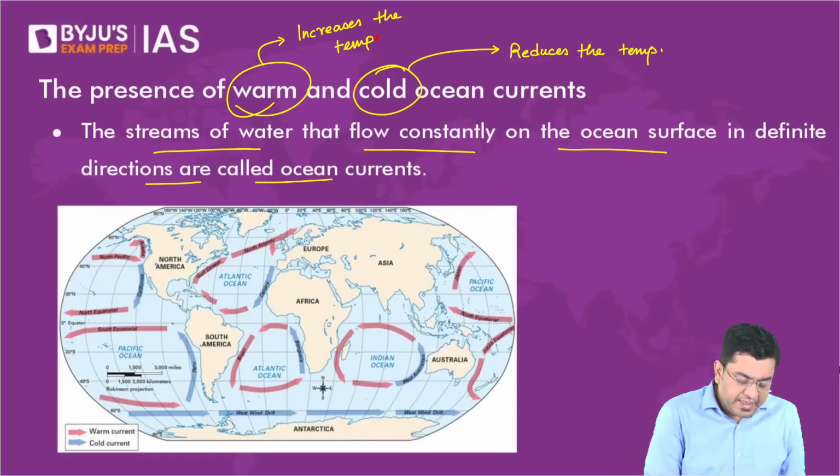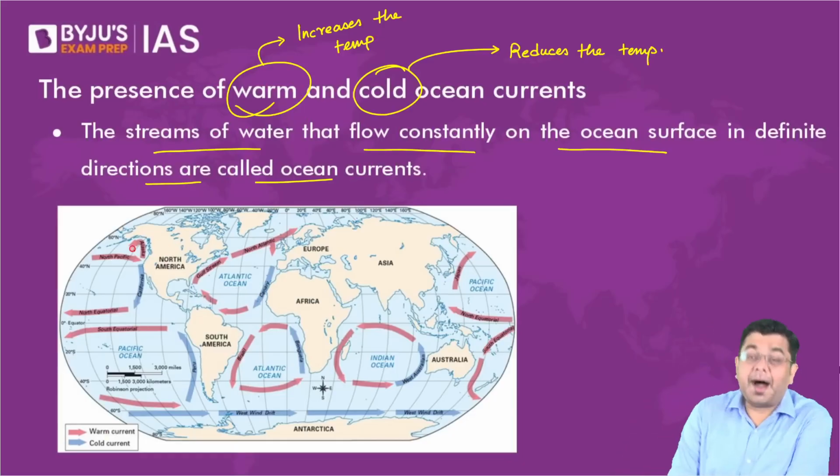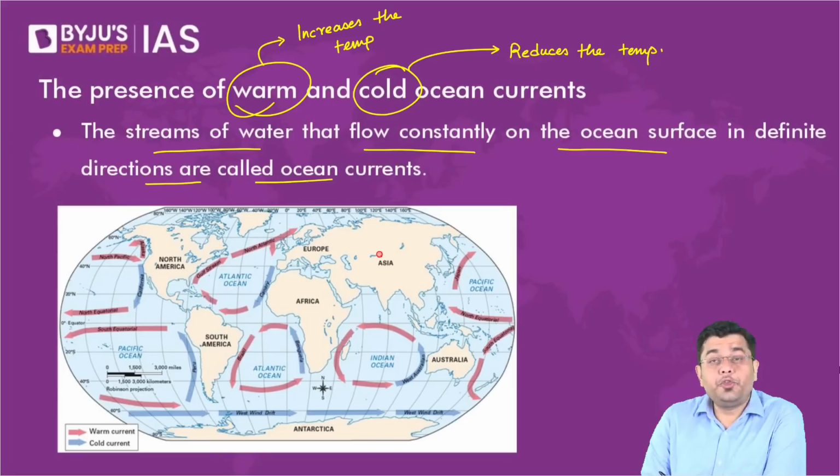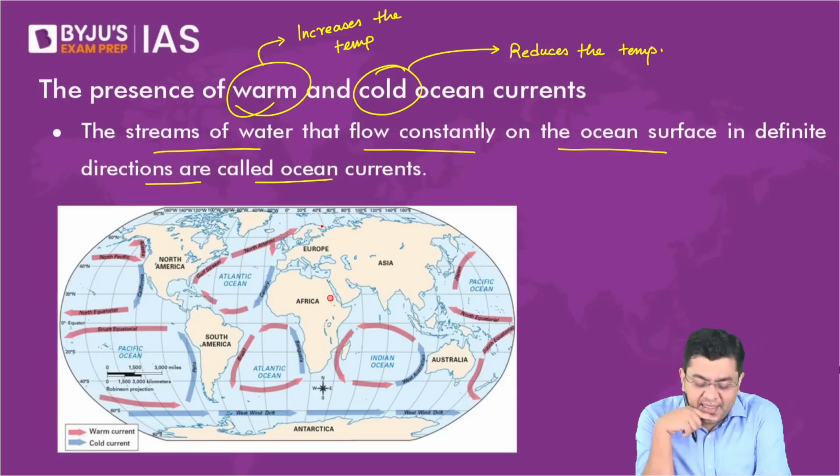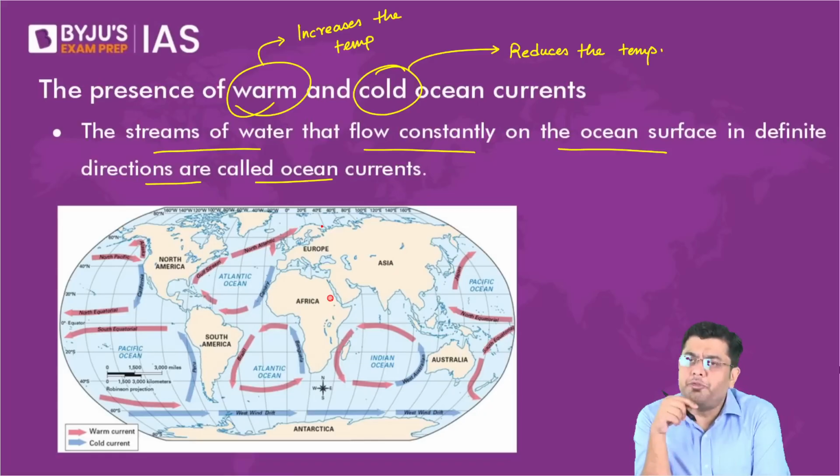For example, now let us take the case of higher latitudes. Higher latitudes means lower temperature. Now if I ask you about the region of Kola Peninsula, I hope we have marked the region of Kola Peninsula. I had given you in the portion of the map pointing to mark Kola Peninsula. I hope we have seen where Kola Peninsula is. It is for these discussions that I had told you to mark it up. So let's suppose in the Kola Peninsula, at these high latitudes, would the temperature be low or high? What do you think? Because we are very, very close to the pole, somewhere around 70 degrees,